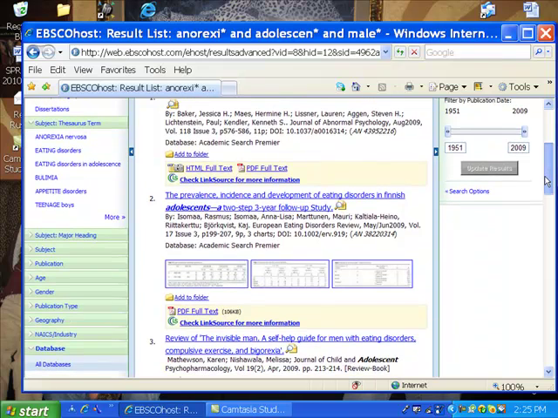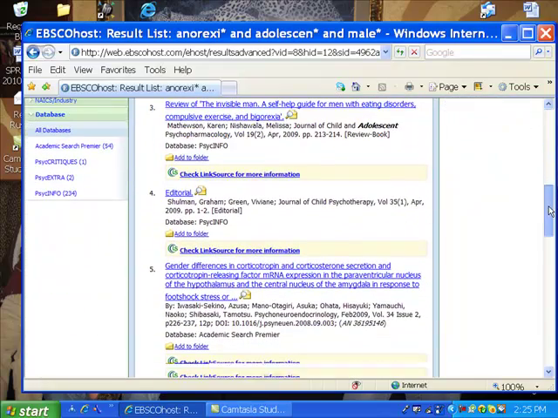As we glance down at this, you can see that many of the articles are both HTML and PDF, which is helpful. Occasionally you will get an article that says check link source for more information. It's always important to check this because that will go into our catalog and see if we may have the journal in print. And if we do have it in print at your home library, we ask that you come in and copy it.